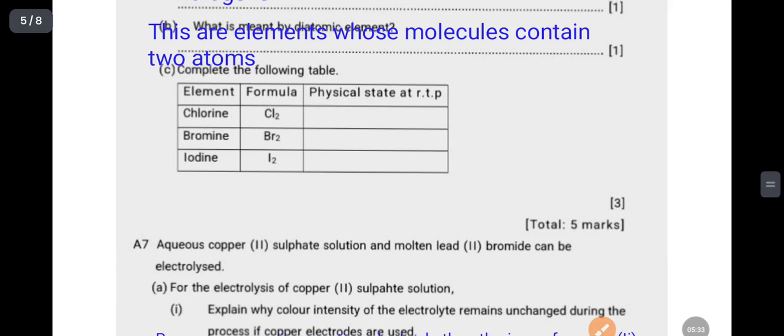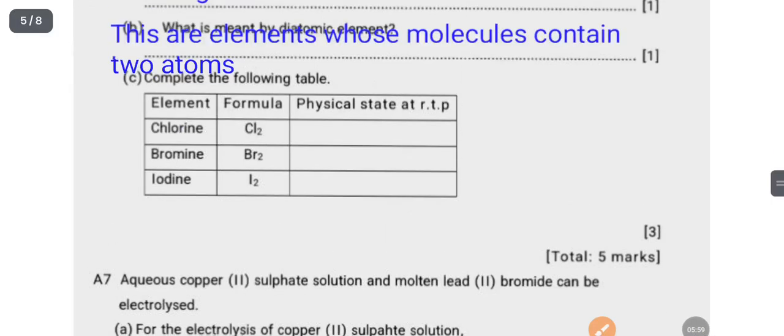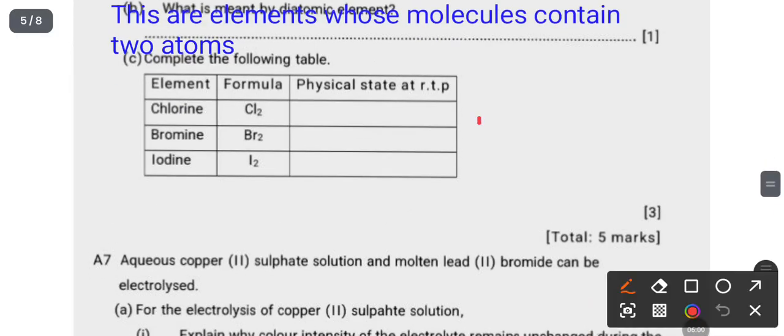Alright, question 7. Aqueous copper(II) sulfate solution and molten lead(II) bromide can be electrolyzed. For the electrolysis of copper(II) sulfate, explain why the color intensity of the electrolyte remains unchanged during the process if copper electrodes are used. So the reason why this is the case is basically that